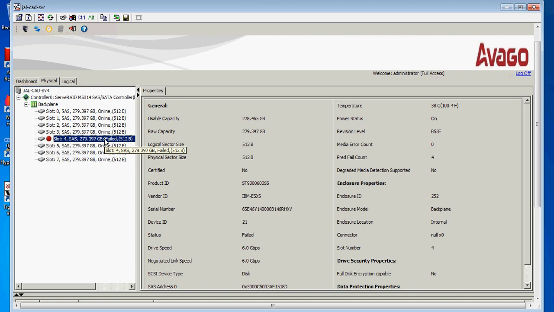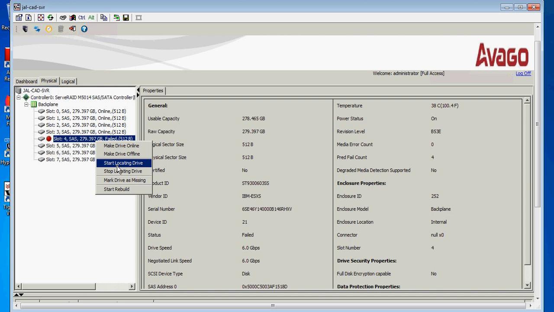Just do one thing: select this hard disk and right click on it, and select start locating this drive. That means it indicates physically on the server by blinking a light, and it shows that it is the right hard disk which has failed.